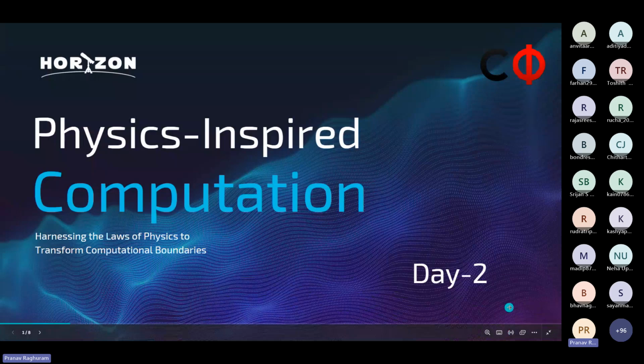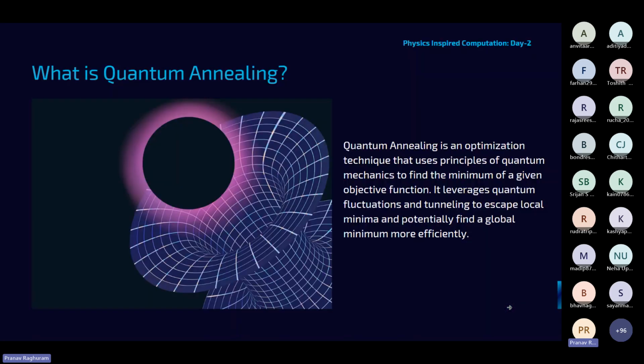Okay, fine. So quantum annealing is similar to simulated annealing. This algorithm also tries to find the minimum of a given function.